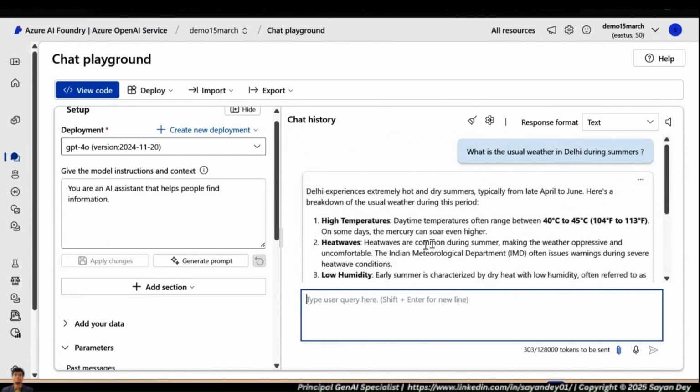So now if I go and ask the question, what is the temperature usually during winters? If I ask this question, I will not run this now, but I wanted to quickly talk about what is exactly happening behind the scenes. So what is exactly happening behind the scenes here is